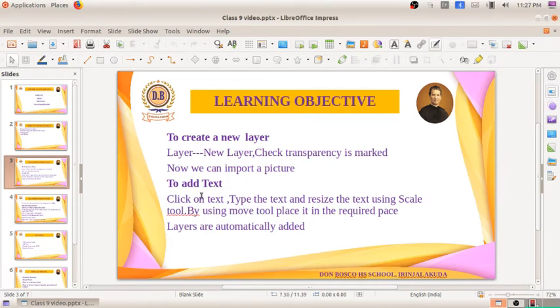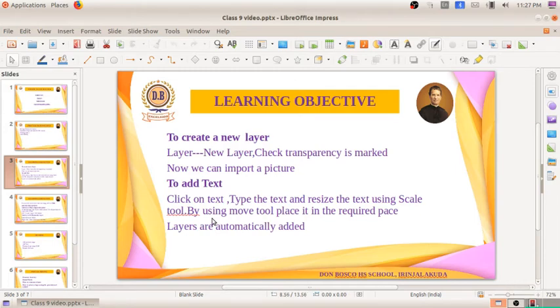The same thing, in Edit we used Copy, and for pasting it on the canvas, Edit, Paste. What will happen is the picture comes in the floating layers. We have to scale that picture, move it and place it in the appropriate place. After that, using the anchor tool, remove the floating layers. Next we have to add text. For adding the text, click on the text tool, type the text and resize the text using the scale tool.